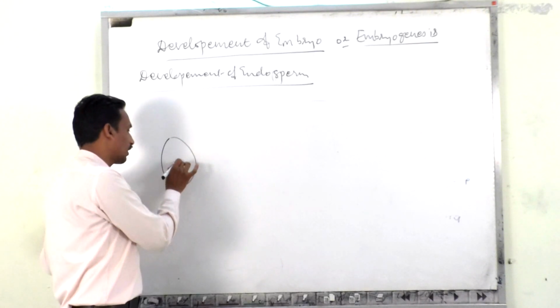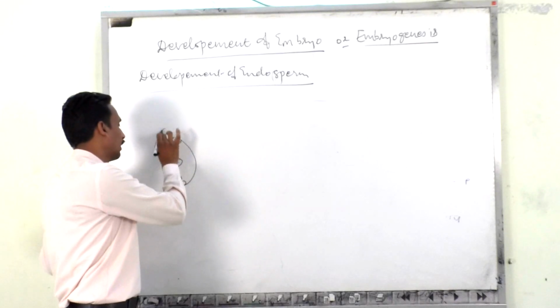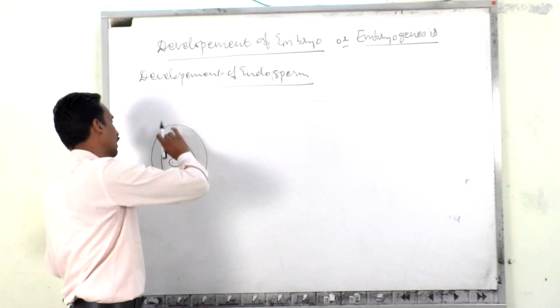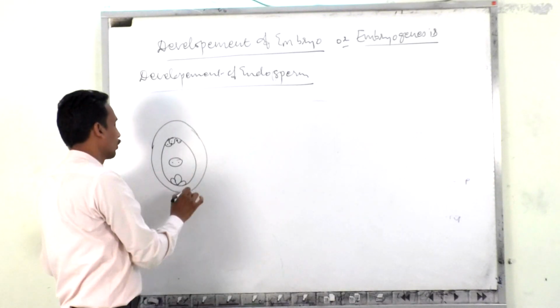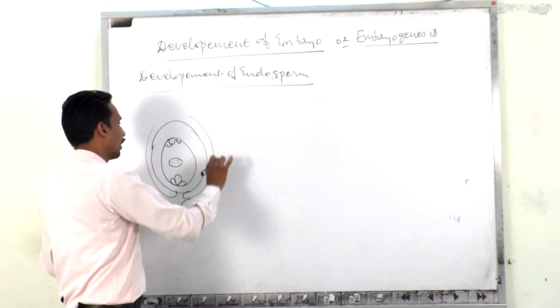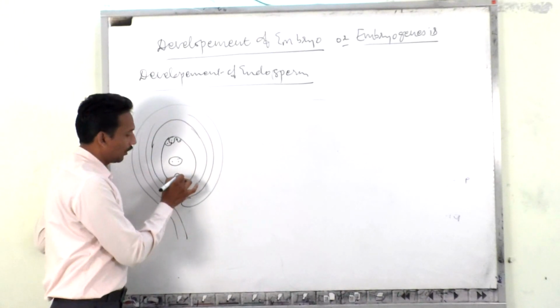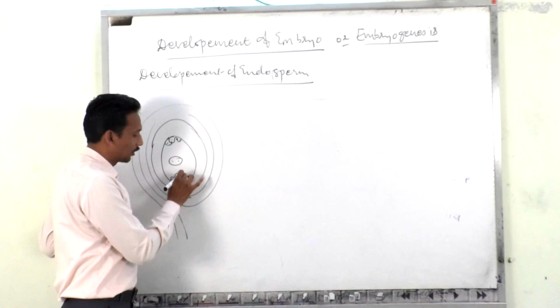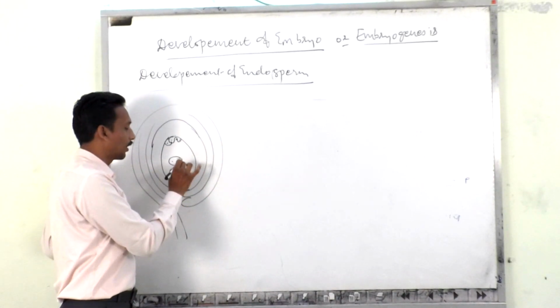Then the two synergids are there. Secondary nucleus is there, and three antipodal cells are there. Here is the nucellus. ये nucellus है. And over that nucellus, there is the presence of outer and inner integuments. So this one is our embryo sac. Here this is the egg, this is one of the sperms, one of the male gametes, and this is another male gamete.